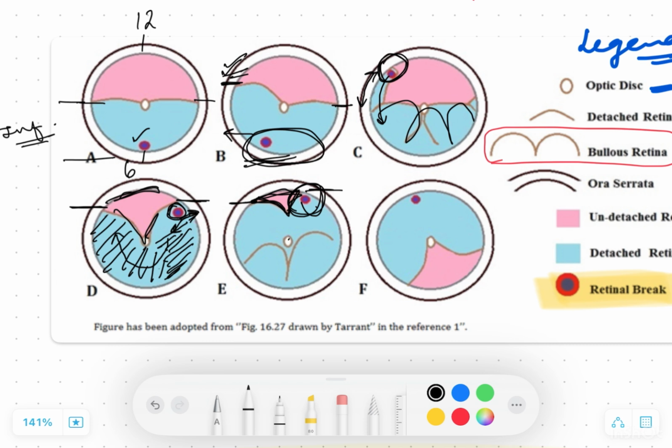Coming to diagram F, a diffuse rhegmatogenous retinal detachment with inferior attached wedge retina from the optic disc to the ora serrata. So this is exactly the same as diagram D, but opposite. So here we have the inferior retina that is wedge-shaped and attached from the optic disc to